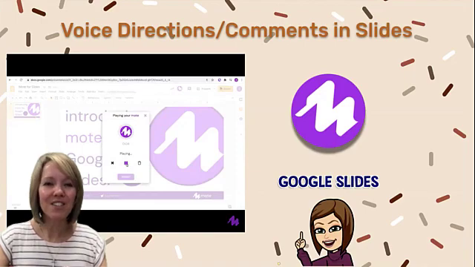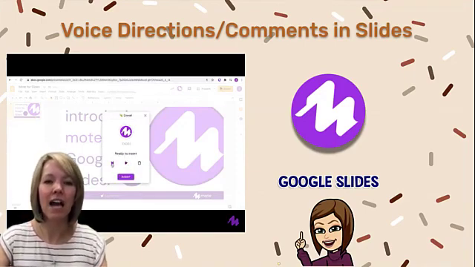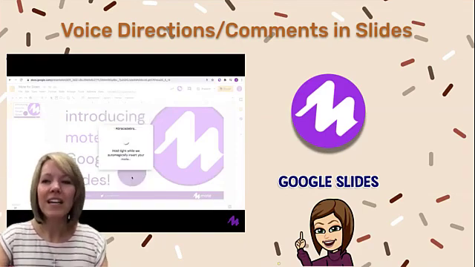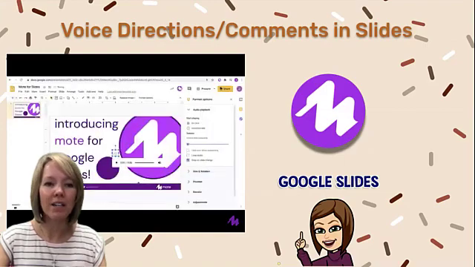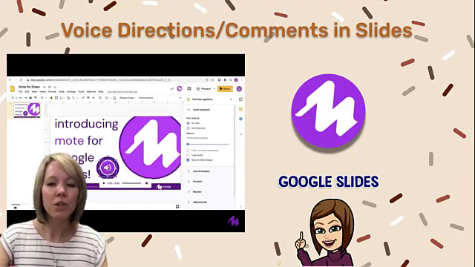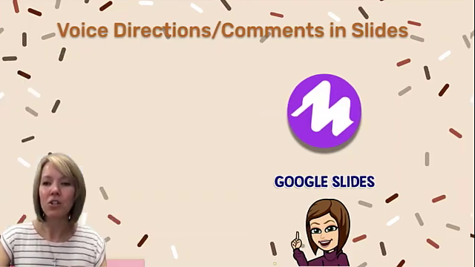Once that extension is installed, the purple Mote button shows up in your Google Slides there next to the comment area. You're going to record your voice, and when you hit insert, it's going to put the purple Mote button with a little speaker icon there on that slide. Now you can resize it, you can also move it around, but my favorite thing to do with it is